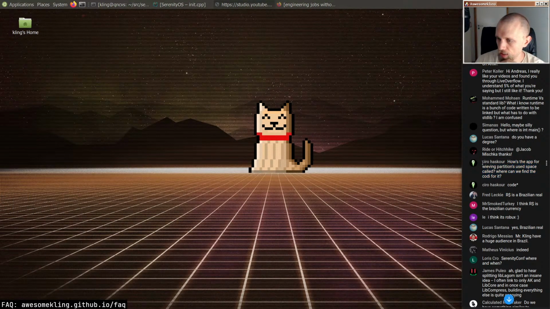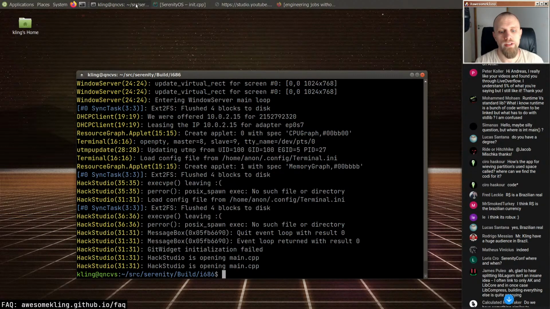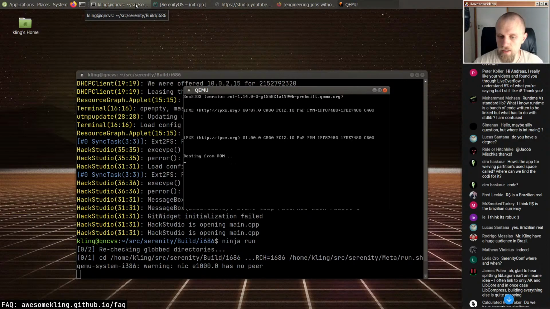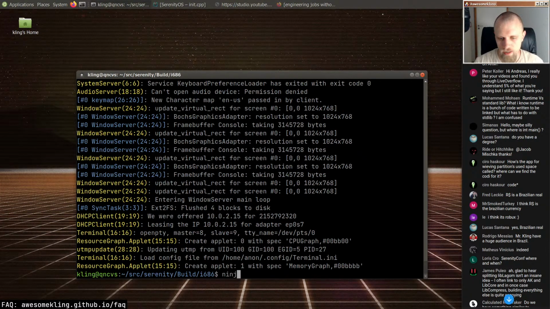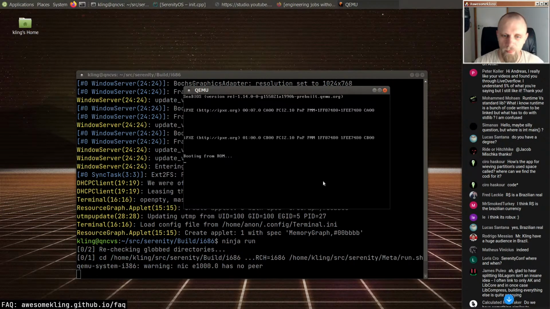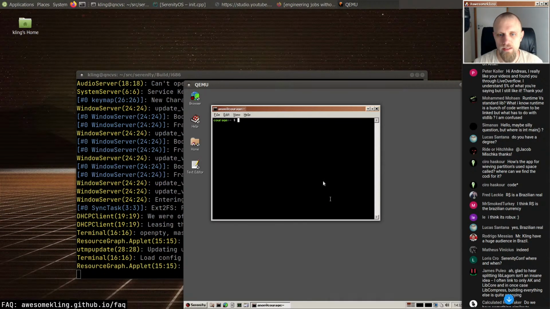Let's see. Zero says, how is the app for viewing partitions used space called? Where can we find the code for it? So I think you're probably referring to Space Analyzer, which we have. And I did the thing with the size again, just a second. So Space Analyzer is a